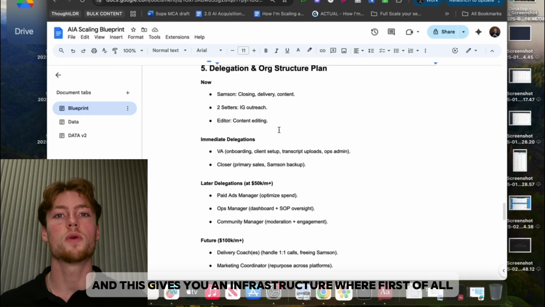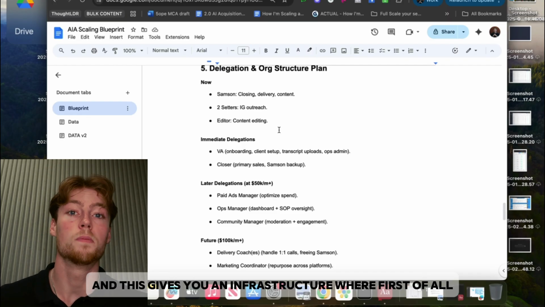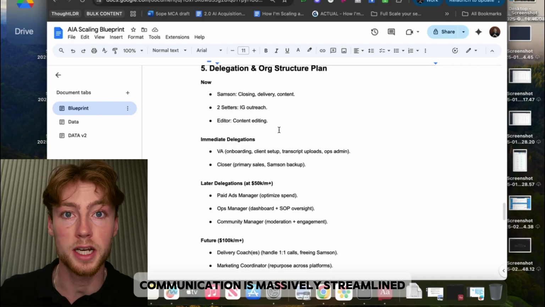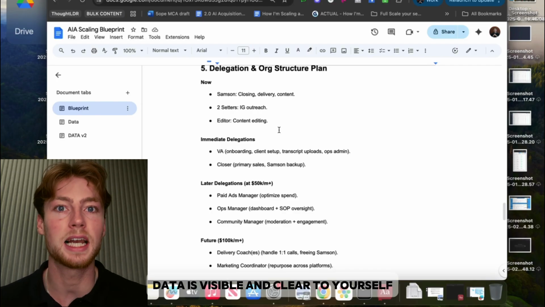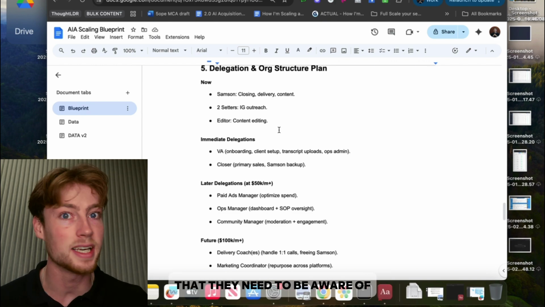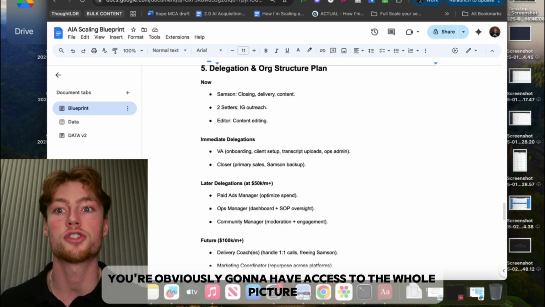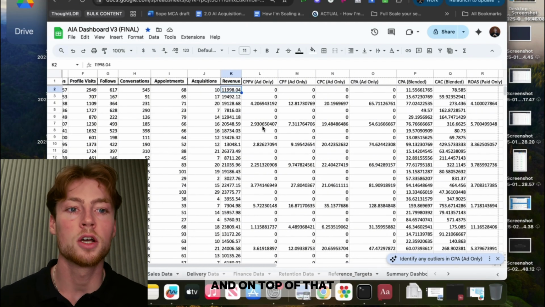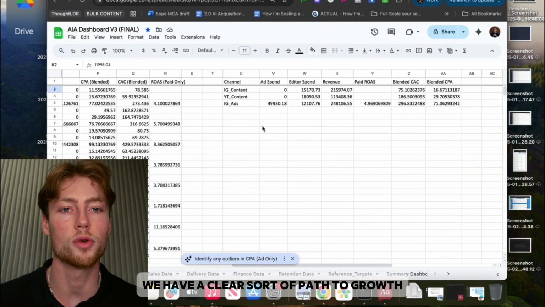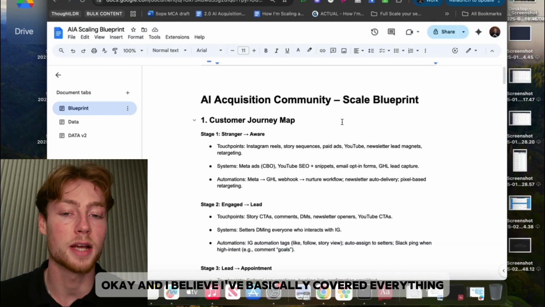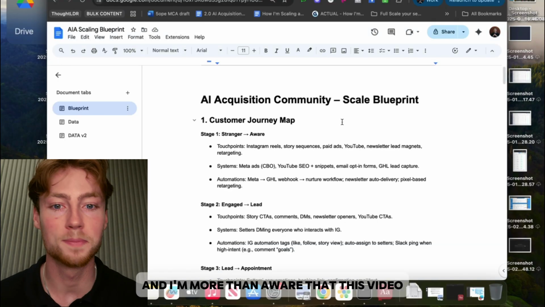Okay, and this gives you an infrastructure where, first of all, the majority of it is automated, communication is massively streamlined, data is visible and clear to yourself, but also anyone in the team, and your team is aware of the data that they need to be aware of. You're obviously going to have access to the whole picture, which is super important. Okay, and on top of that, we have a clear path to growth and a clear way to scale through delegation. Okay, and I believe I've basically covered everything,